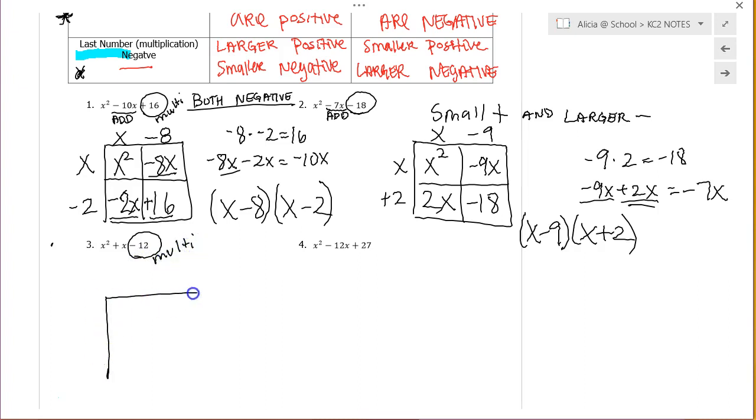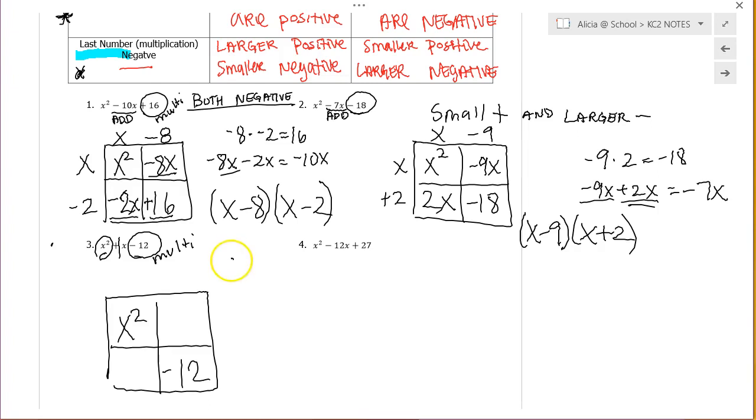So that is the number I'm going to be searching for on my factor chart. Negative 12 is the bottom right. I see that positive 2x, that's going to be in the top left. And I have to add to a positive 1x. Remember there is a positive 1 there. So numbers that multiply to negative 12 but add to 1,